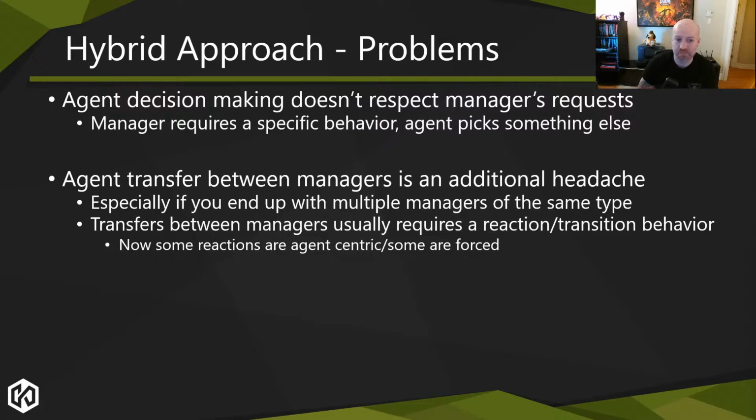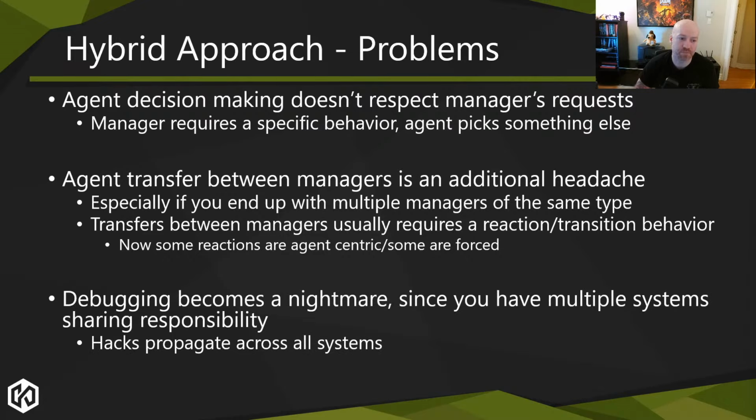And it has to be handled in the managers, but it also has to be handled in the behaviors. And sometimes it's done only in the behaviors where the manager is setting a flag to tell the thing to do a reaction because it can't rely on the knowledge, because it needs to control when they happen. And you end up with this giant mess of like half of it's in one place, half of it's in the other, and they're all linked together with a bunch of flags. And then when you need to put in hacks, it propagates across all systems. So at one point, you lose sight of what happens when I do a specific thing. If I remove a hack here, is it going to break something else? Because you don't know, because everything's now interlinked.